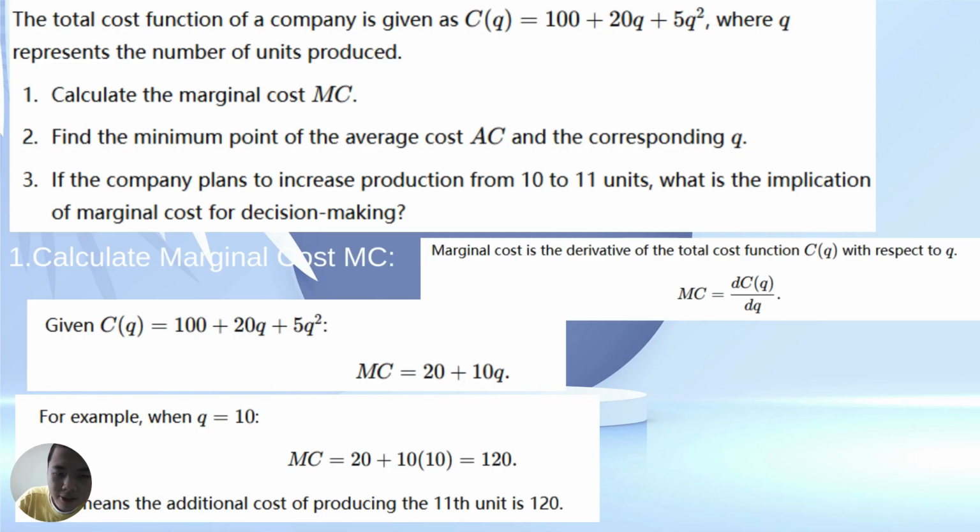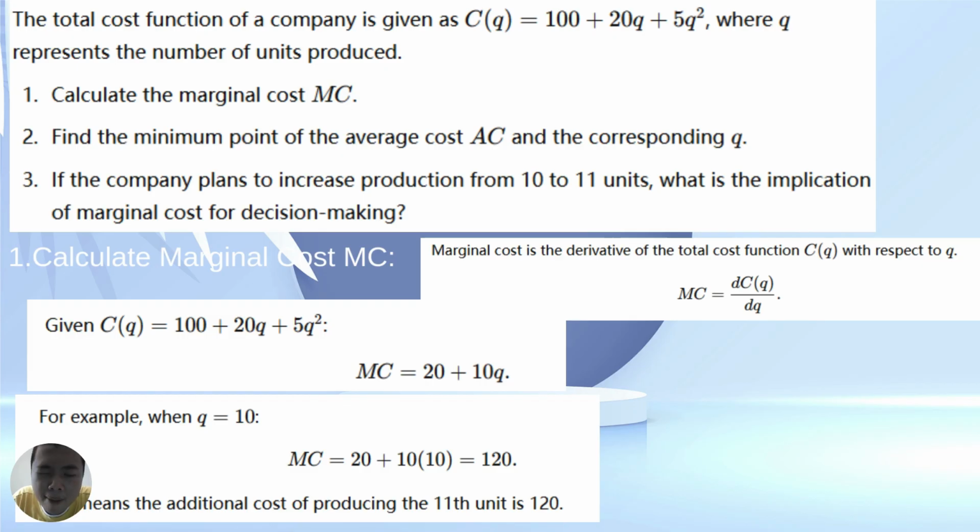Here are some applications. Let's see a simple question. The total cost function of a company is given as C(Q) equals 100 plus 20Q plus 5Q squared, where Q represents the number of unit products. We need to find the marginal cost MC, and find the minimal point of the average cost AC and the corresponding Q. If a company plans to increase production from 10 to 11 units,